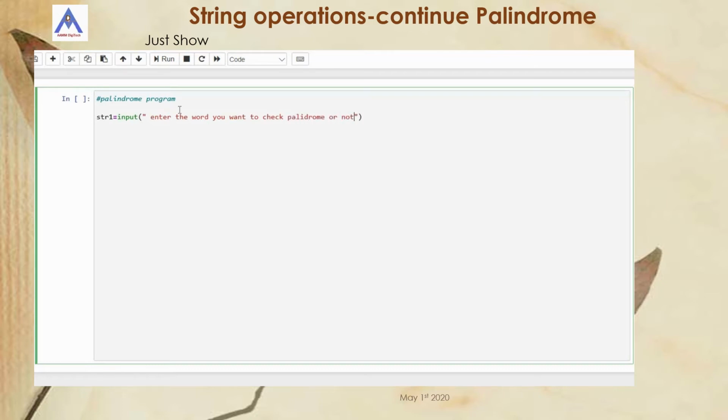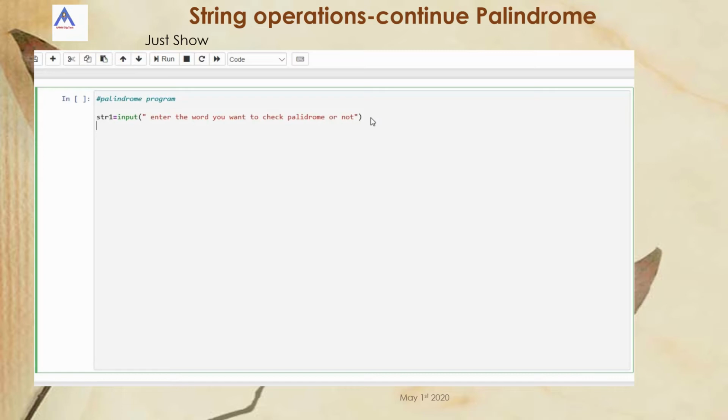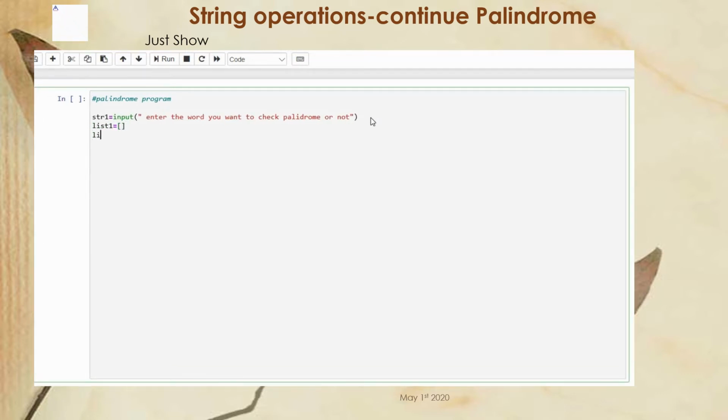You have to get the input into this variable. Now I am using the list concept and string related concepts in this program. Initially I am assigning one empty list, list 1 equal to empty list. Then list 2 is also equal to an empty list. There are two empty lists initially, and I am assigning one count value 0.